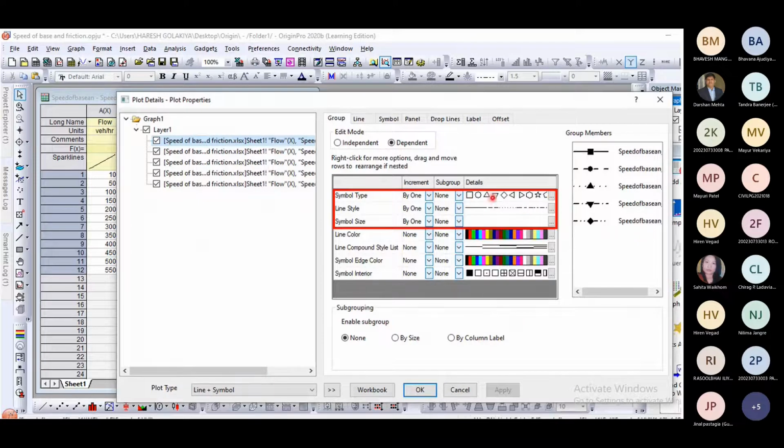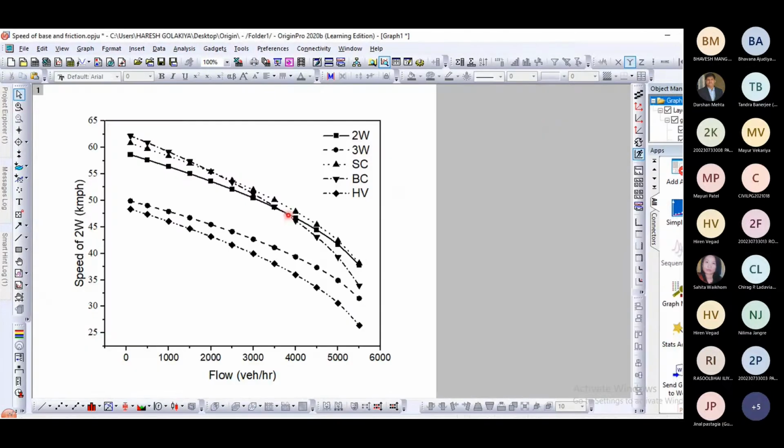If you click here, then your required symbol you can select. So as I have told you, you can change the line style also, right? This is a dotted line, this is a dash line. This way we can change the line type. So for black and white plotting, this will be very useful.